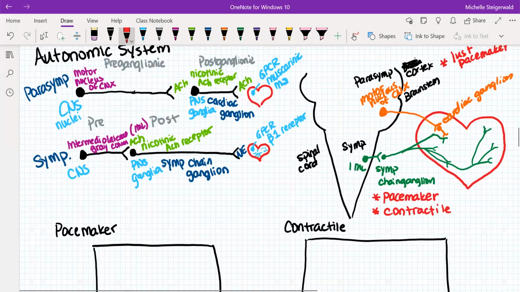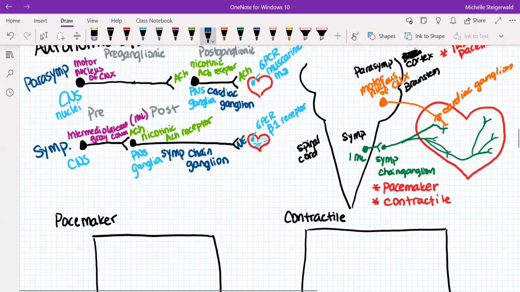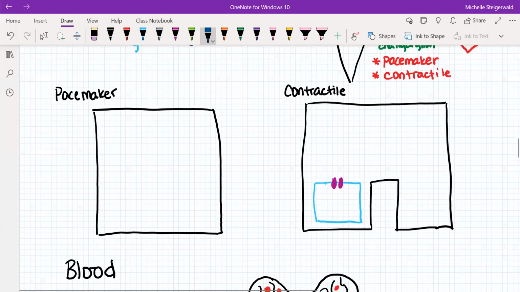So if we were to look at each cell and what's going on, we know that these have to be GPCRs. These are the target cells on the heart. So you're releasing your neurotransmitter from your postganglionic cells, and it acts on GPCRs. On the pacemaker cell, you're going to have both. What did I do these in? Okay, I'm not sure I'm keeping colors straight, but